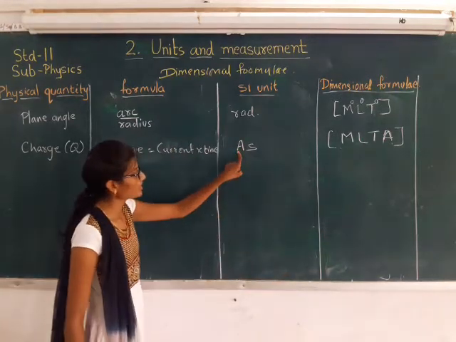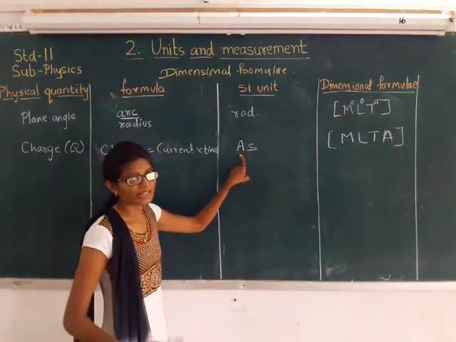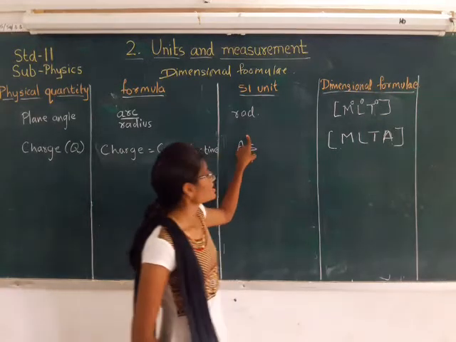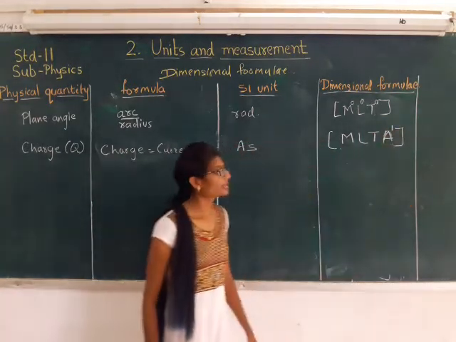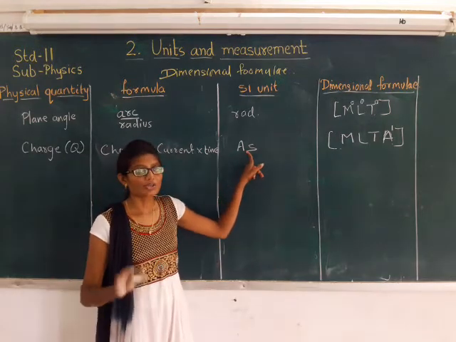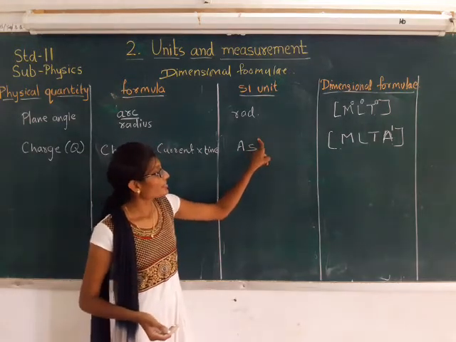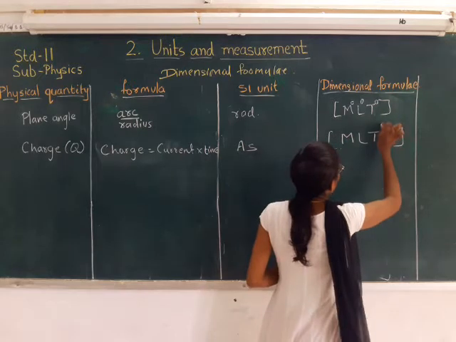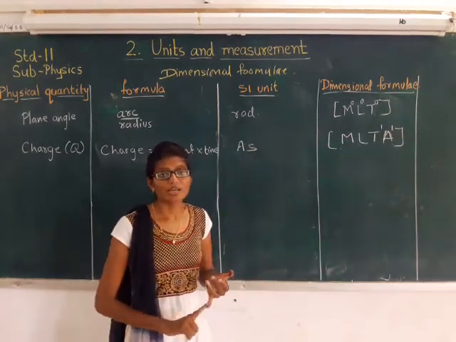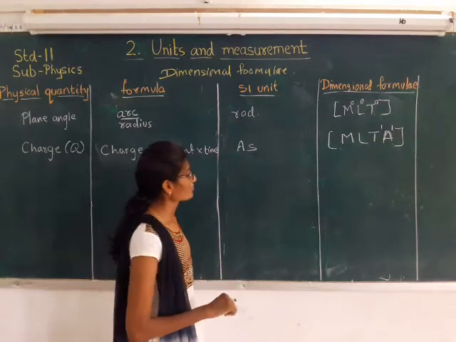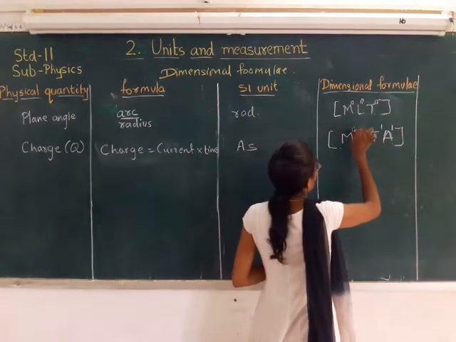Okay, so here ampere, that is what? That is unit of electric current. Its power is 1, so over A you need to write 1. Second, that is unit of time. Its power is 1, so over T you need to write 1, right? You are not having mass and length in this formula, so its dimension will be 0.